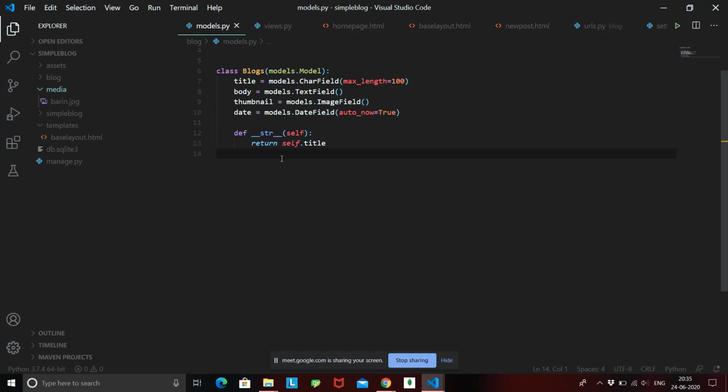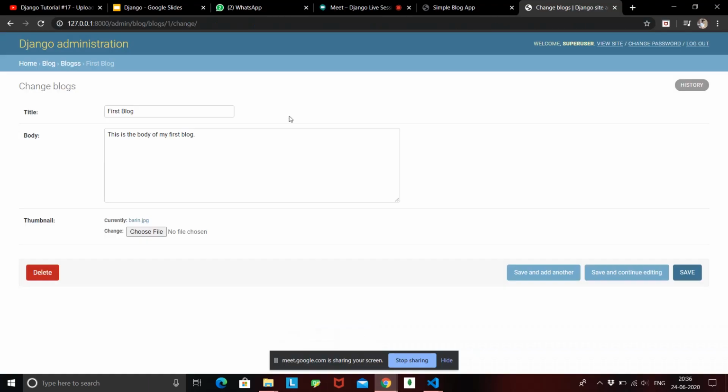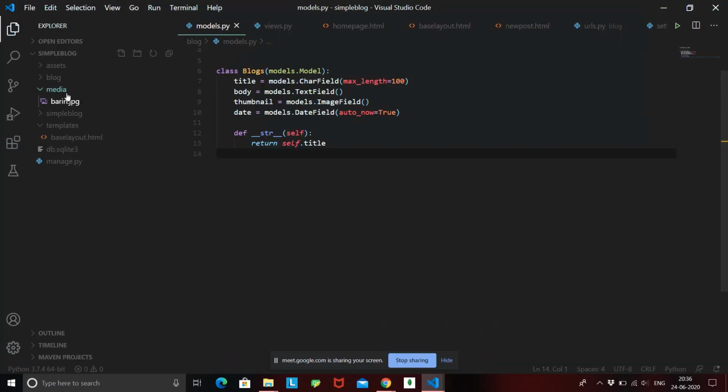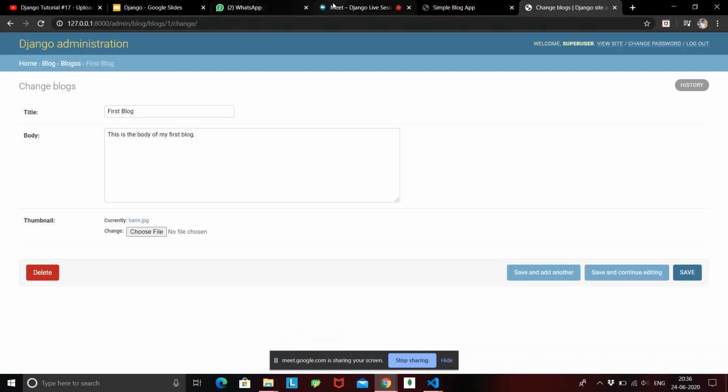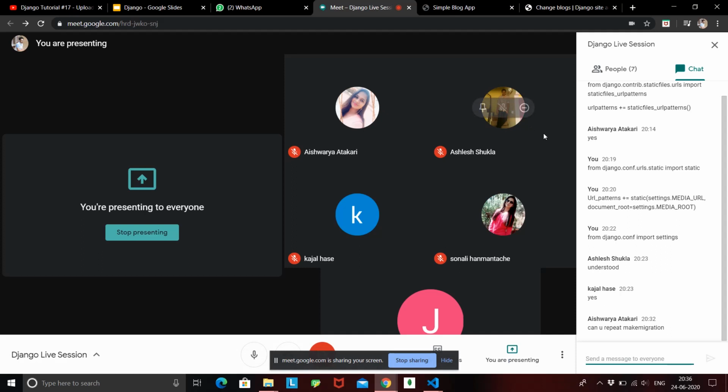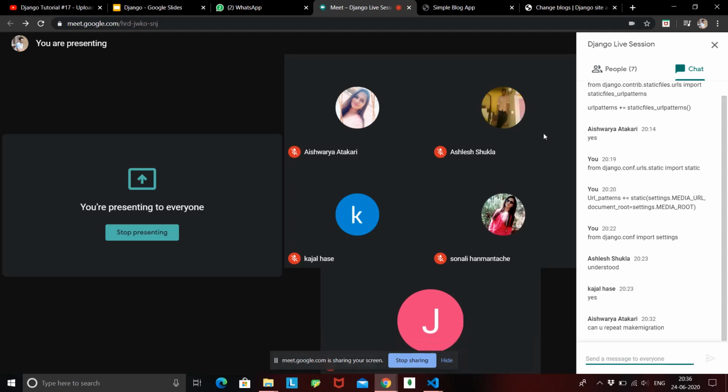Okay, so is it clear till now? Once we make changes to our model, we need to first make migrations. If it is asking for a default value, give any default value, 1, 0, 2, 3, anything. Once your migration is created, migrate it. Once you do python manage.py migrate, then inside your admin.py file, you can see a new field is added that is going to ask you to choose a file. Once you choose this file and save your blog, a media folder will automatically be created inside your project, and this media folder will store this brain.jpg. Okay, so is it clear till now what we are doing? Any doubt till now?